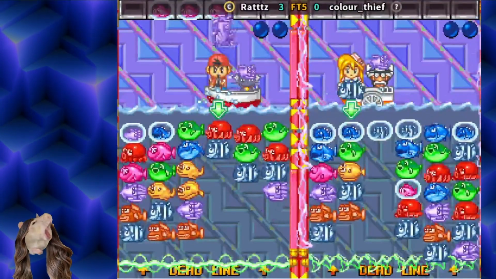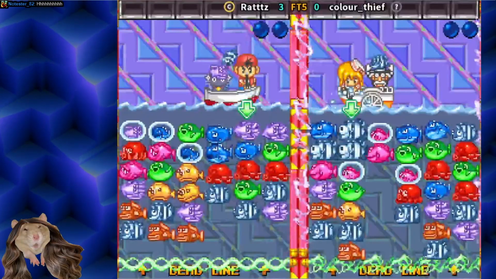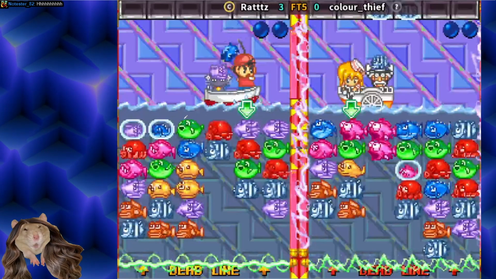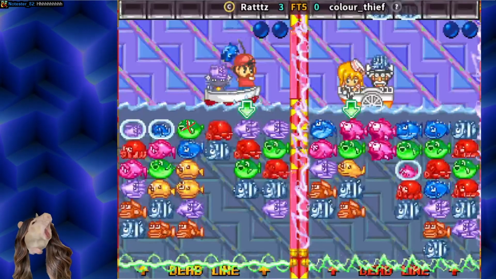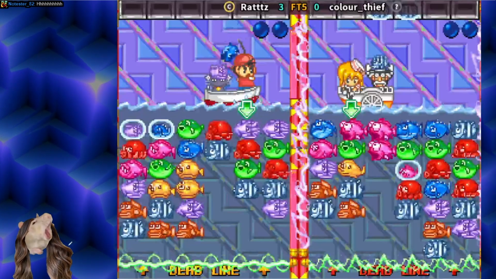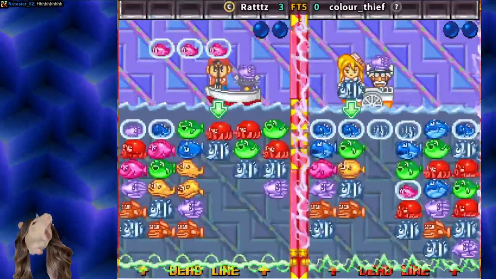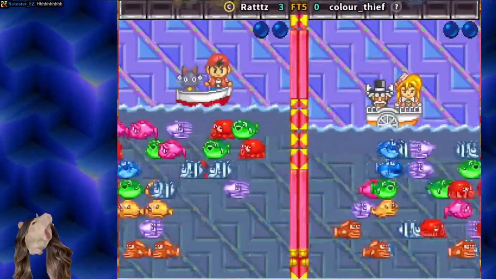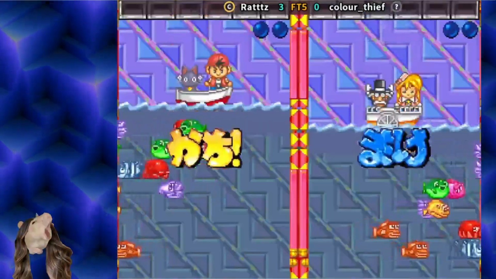I did react to garbage here. So I heard my opponent chaining. If I had gone for a 4 here, if I had gone by pushing a squid here and then going for a 4 here, I almost certainly would have been punished by this incoming garbage. But instead, I managed to luck out. My board is absolutely trash, but I managed to cheese it out anyway. Why? Oh, because...